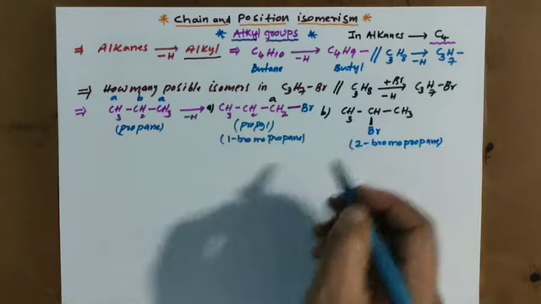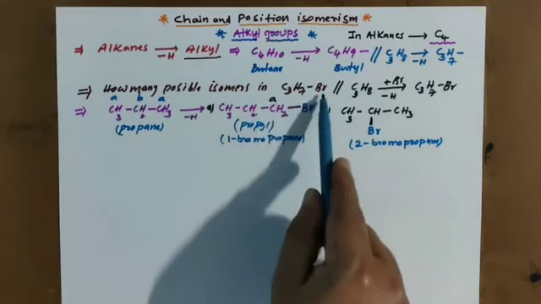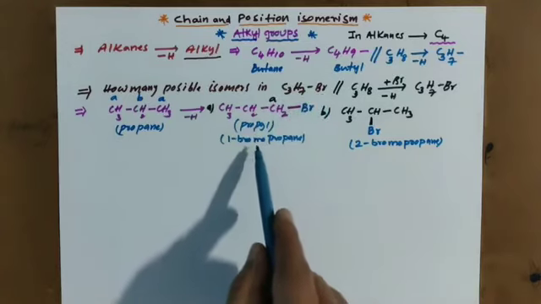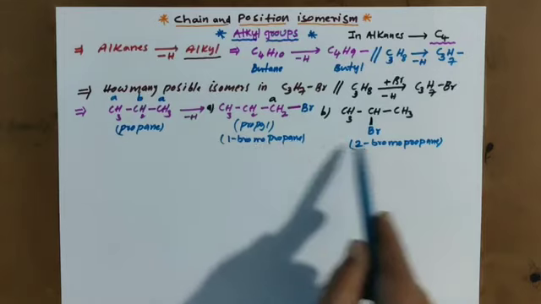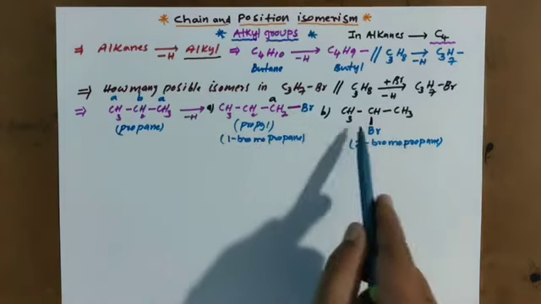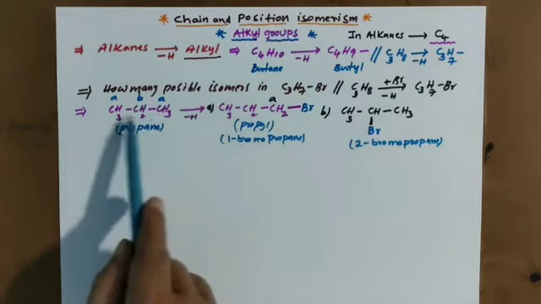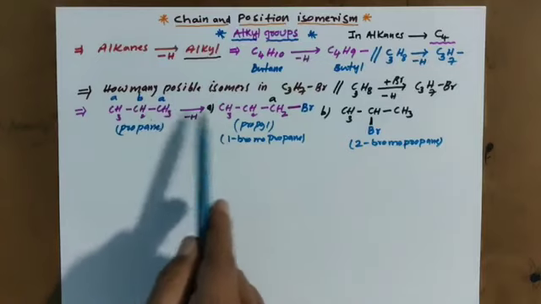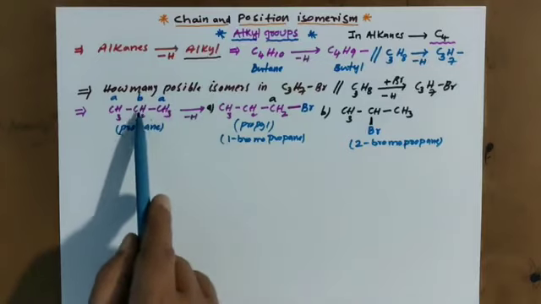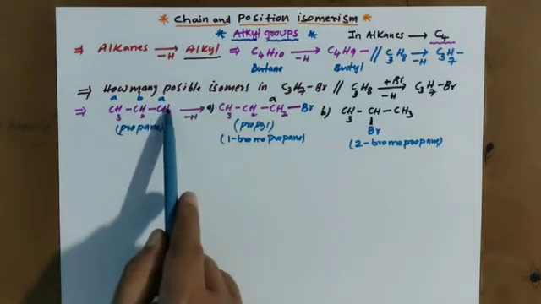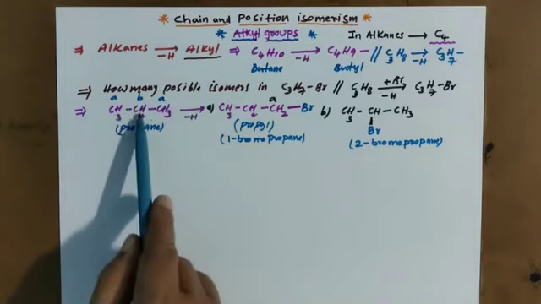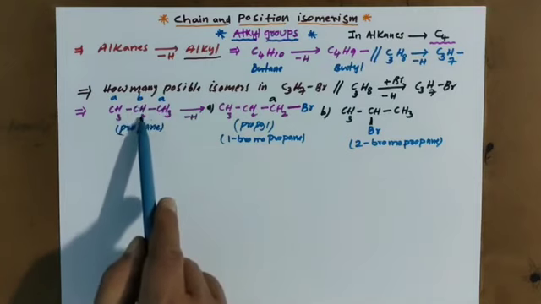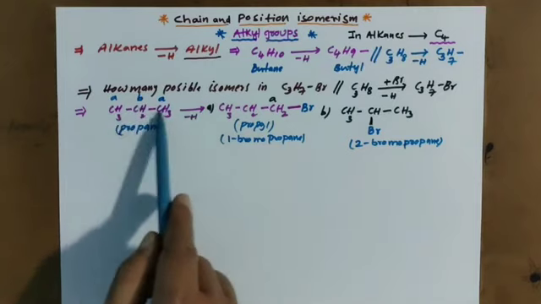So propyl bromide has two types of isomers: one is 1-bromopropane and the other is 2-bromopropane. No need to write every time. You have to check the type of carbon, not primary, secondary, tertiary; that is different. This carbon is bonded with 2 carbons, this is one type. This carbon is also bonded with 2, so these two are the same. And this is different now. This is a CH2 group bonded on both sides to methyl groups.